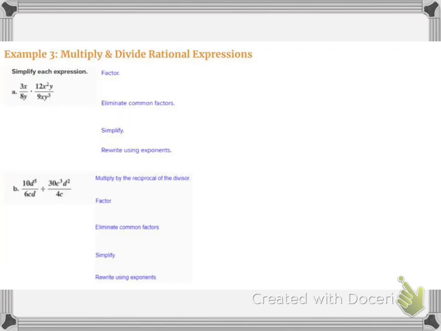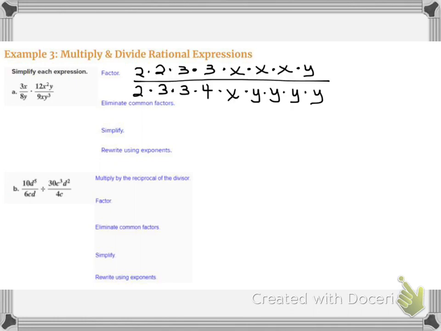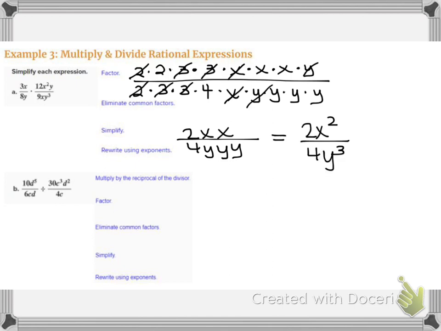Let's try Example 3, where we're going to do some simple multiplication and division, just one term. In this lesson, I'm going to write these out in the least common multiples, but I won't do this in class. I just want you to see it one time. Essentially what I'm doing is pulling out any common factors across this fraction line. So I just go through, and for as many repeats as I have across the fraction line, I cancel them out,